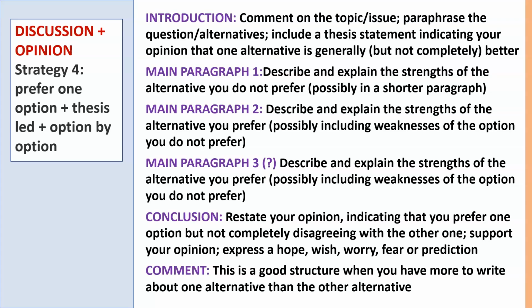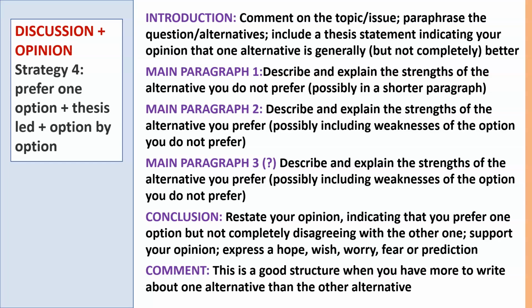So the introduction, probably comment on the topic or the issue, probably paraphrase the question or paraphrase the alternatives, and include a thesis statement indicating your opinion that one alternative is generally better, but not that one alternative is completely better. In your first main body paragraph, you'll describe and explain the strengths of the alternative you do not prefer, maybe in a shorter paragraph, and then in your second main body paragraph, you'll describe and explain the strengths of